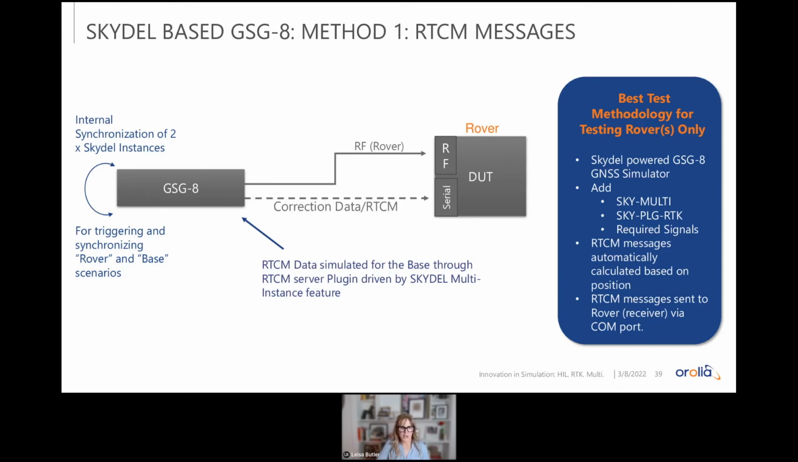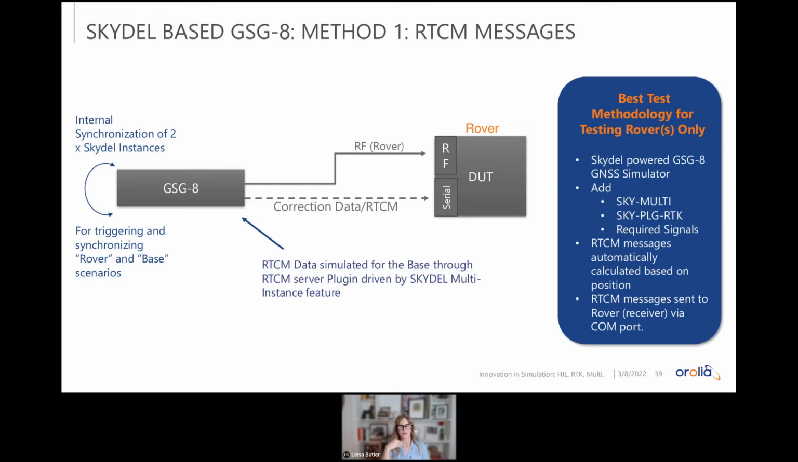So the GSG8, the simulator, would send the RF signal to the device under test and would send the correction data, the RTCM correction data, via serial. So that would come off a single device. That could be supported within the GSG8 simulator or any Skydel simulator for that matter by using the Sky Multi that we were talking about earlier. You would need that because you would need to send a separate second signal. So you need the Sky Multi. And then you would do something called